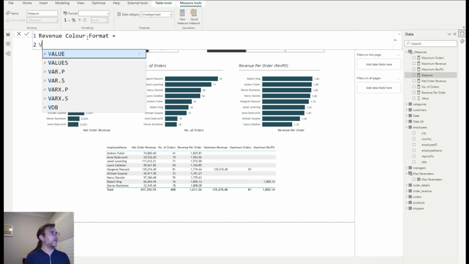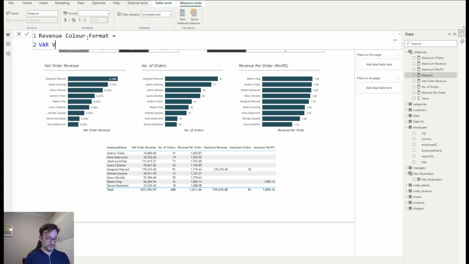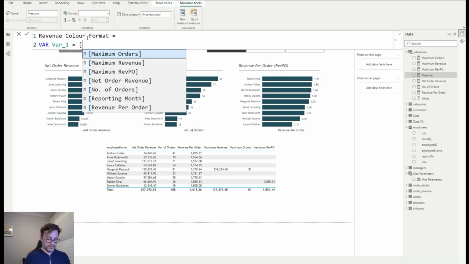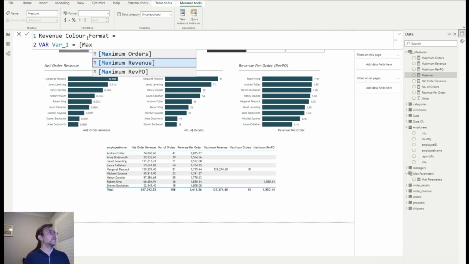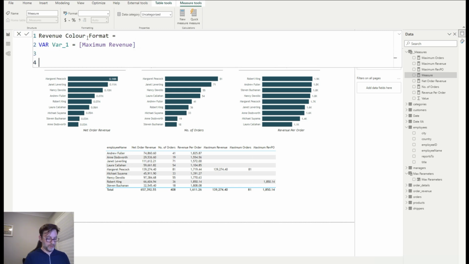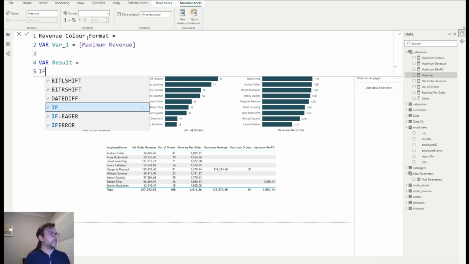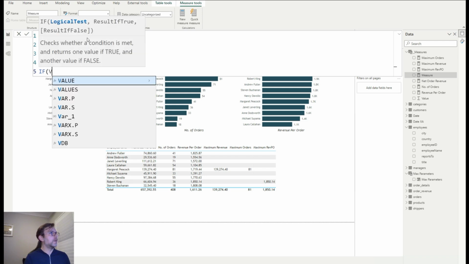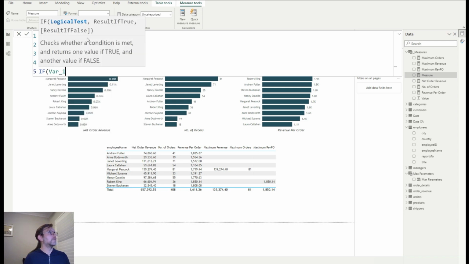I'm going to create a variable which equals our maximum revenue. Okay, so our result equals, so if variable equals